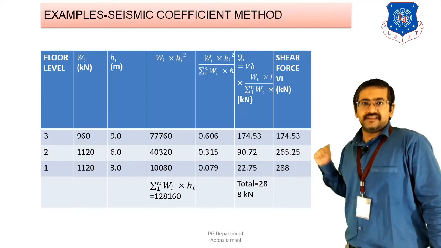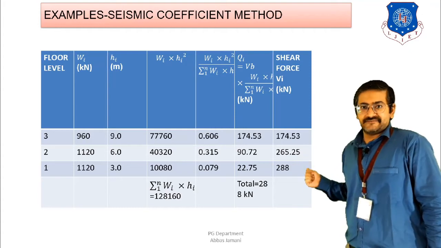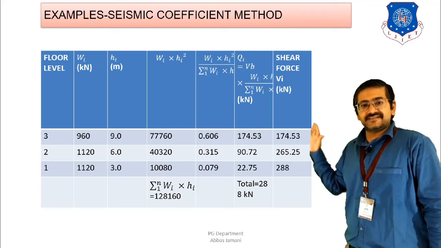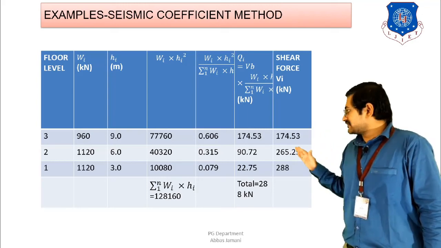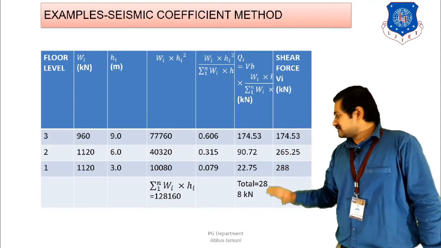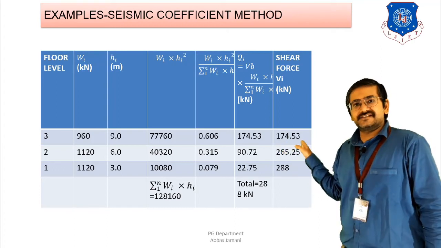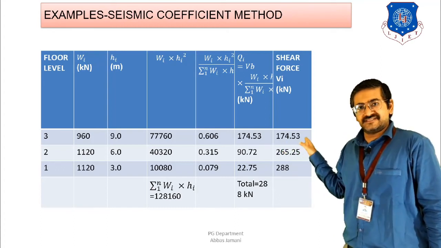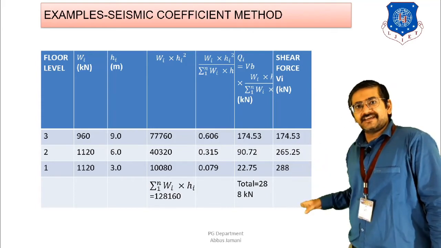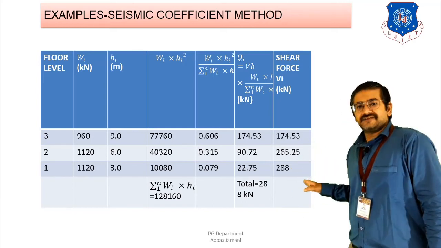levels for all the 3 floors, that you can see: 174, 90 and 22 are the values you will get for each floor level. And lastly, you have the shear force values given by Vi. As I said, the total cumulative base shear is going to be acting at the base level, so each lateral load value has to be summed up. The total shear force at the roof level is going to be 174. Then at the first floor it is 174 plus 90, and at the ground level it is 174 plus 90 plus 22. So finally you will get this value of 288.